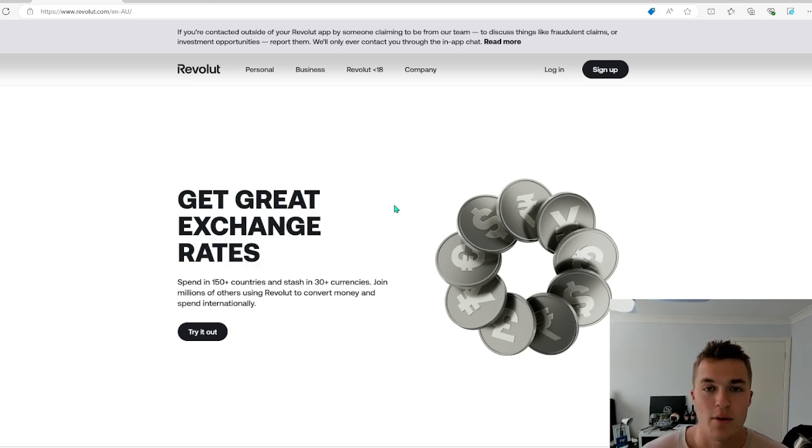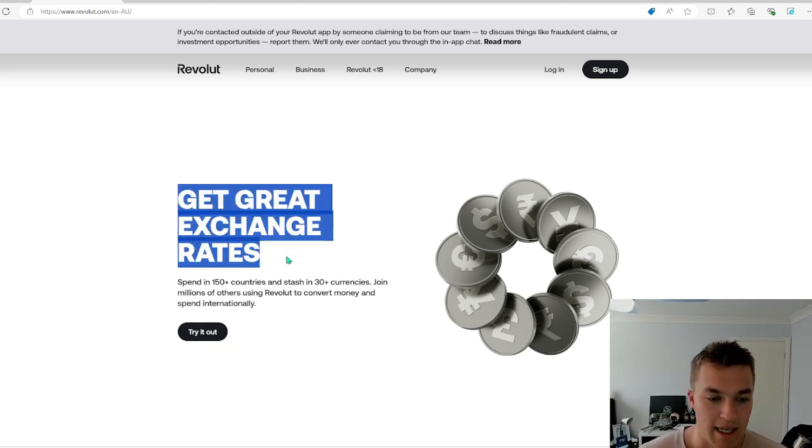Their crypto and stock trading, things like that, they're okay. They work. Yeah, you can use this card for everyday expenditure, but what does it do better than a bank card that you already have? Not much. But where they really shine through is getting great exchange rates at low fees, and being able to use this card as a travel card. That is my opinion on Revolut. I wouldn't be using this for my crypto trading, stock trading, anything like that. I wouldn't even be using this as my everyday card, but it is still a good app.